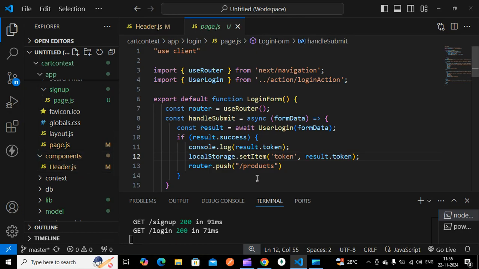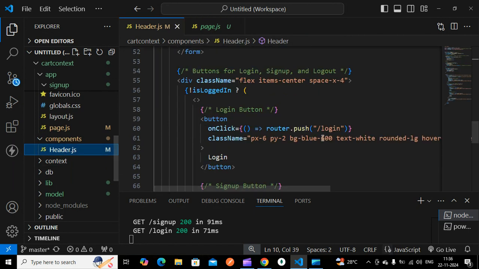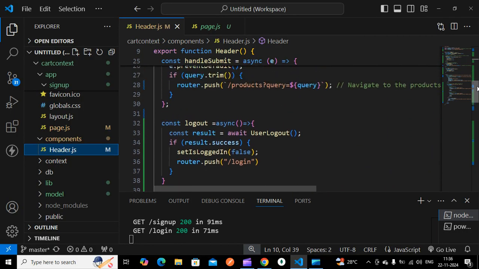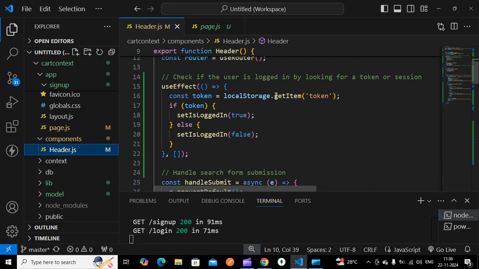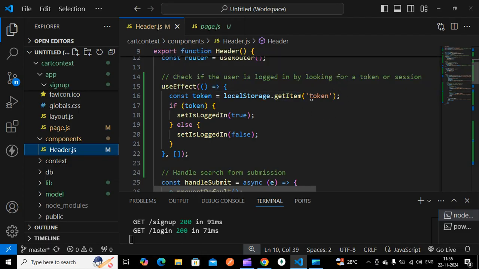Once I have logged in, it goes to the product page, and I have also set the middleware. So here I have a header.js. Once I click login, all the things will work. Once I have set the item in that login page, we have to get that particular token item.